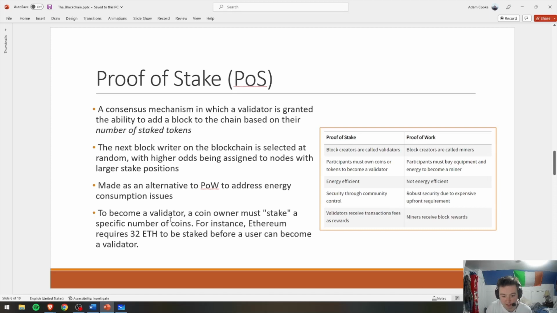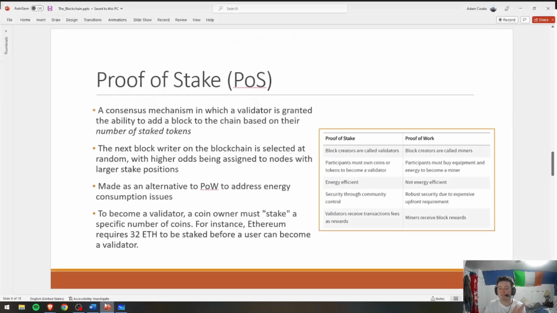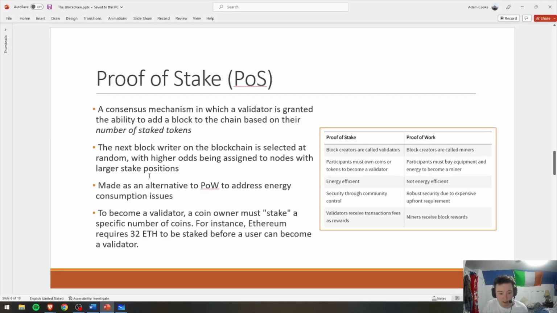And so why was I going into this? A validator is granted the ability to add a block to the chain based on their number of staked tokens. So these would be the tokens right here. These are Bitcoin; in our case, it would be ADA for Cardano. That's the name of the token. And so in proof of stake, the more of the native token you have, the higher likelihood you're given of minting a block in a given period of time. This is a little confusing to say, but it'll make more sense when we talk about Ouroboros in a sec. So the next block writer, or validator, or minter, I guess you would call it,